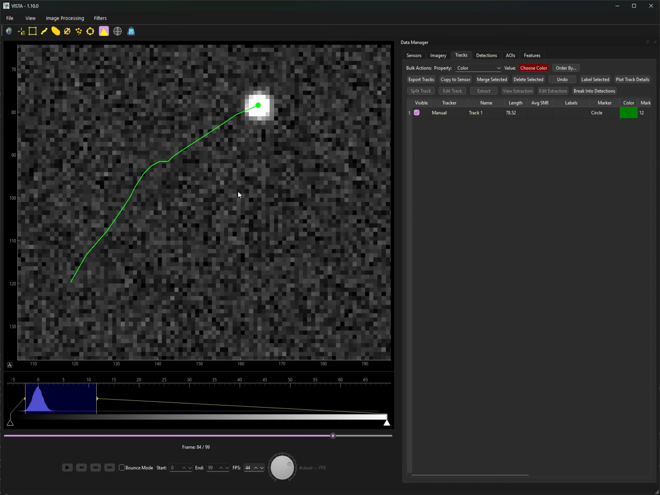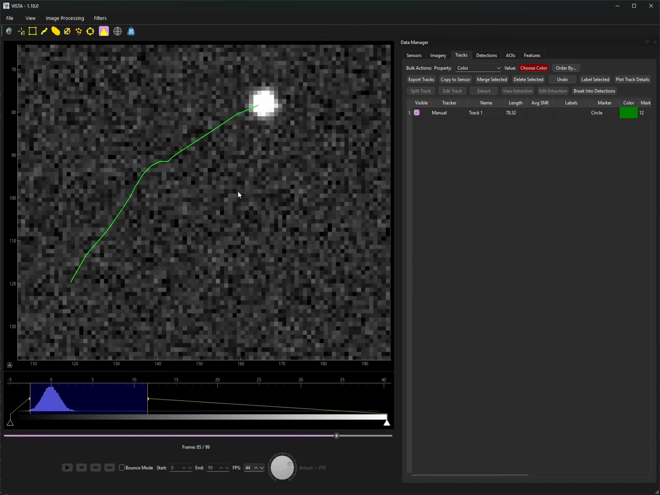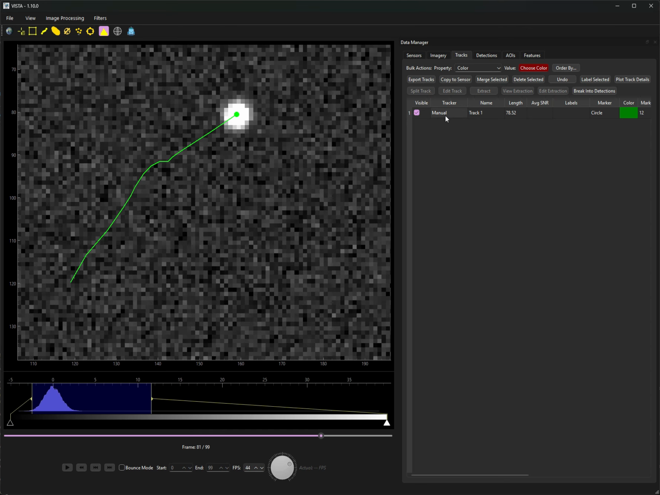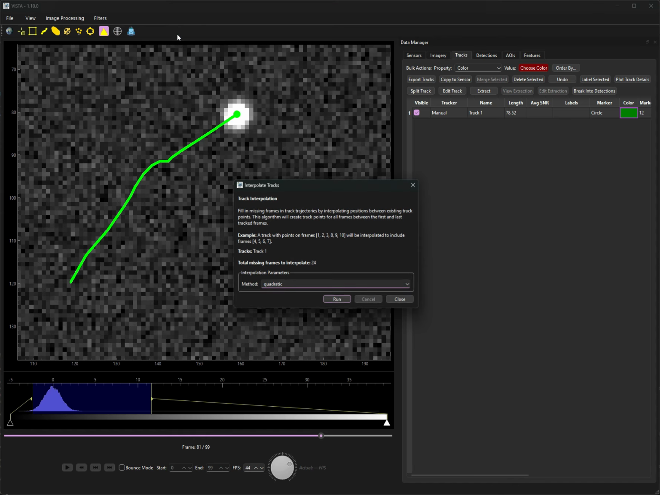So there's some gaps here that then get filled in when we get to those track points. We can fill in missing gaps like this by selecting the track or multiple tracks and going to track filters. And there's a couple options. You can run either Savitzky-Golay, which will produce a much nicer, smooth track interpolating points, or just a regular